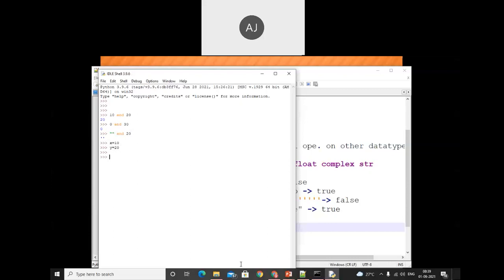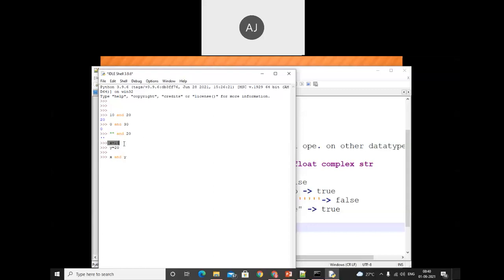Now I'm trying to use x and y. What I said: if x evaluates to false, then the result will be x, otherwise the result will be y. In this case, x is not false because x contains a non-zero value. That means x is true.